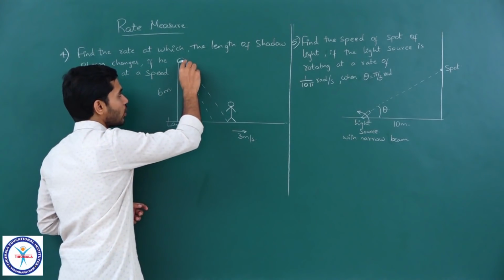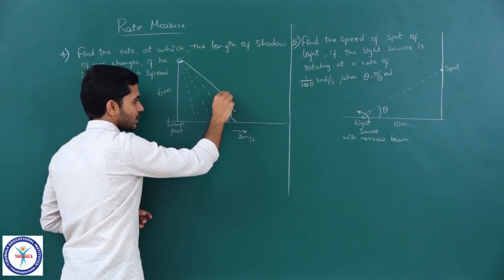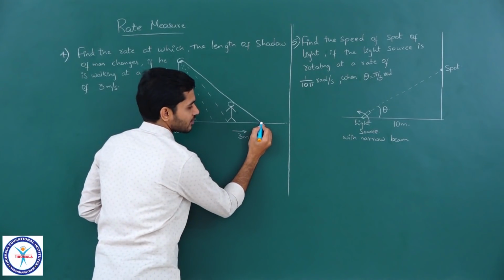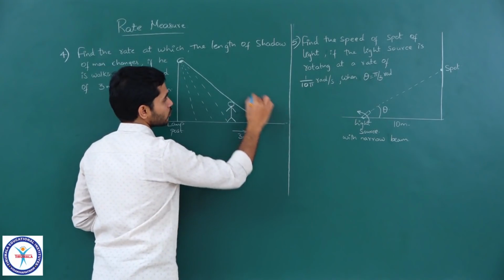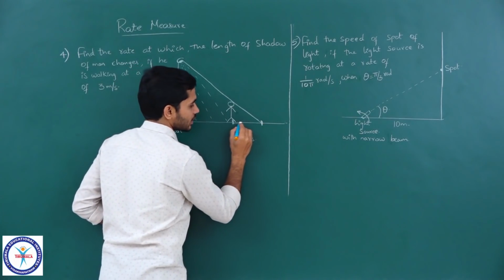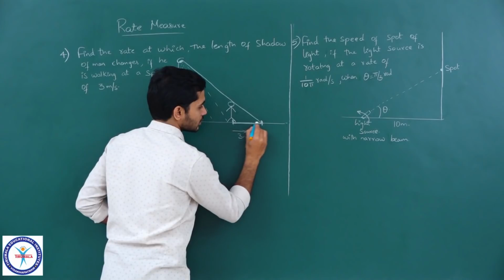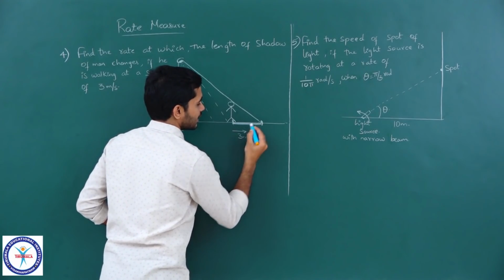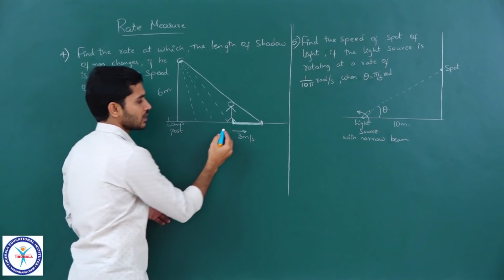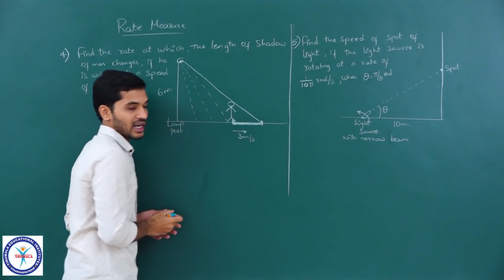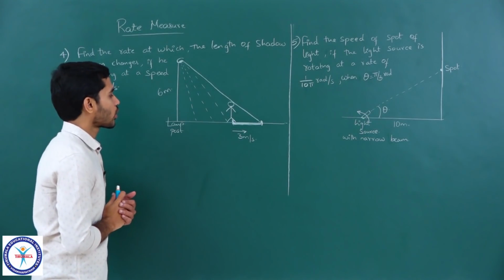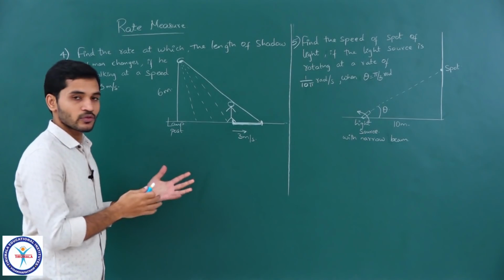Okay. So to understand how the shadow is formed here, I will draw a light ray which is just passing through the head of the man. Clear? So the light ray will reach this position and all the positions after that, but light rays cannot reach this particular length. Do you all agree with that? So this is the length where the light ray will not be able to reach directly. The man is blocking those light rays, correct? So this is the length of the shadow, and we need to find out at what rate this length is changing. Clear, students?